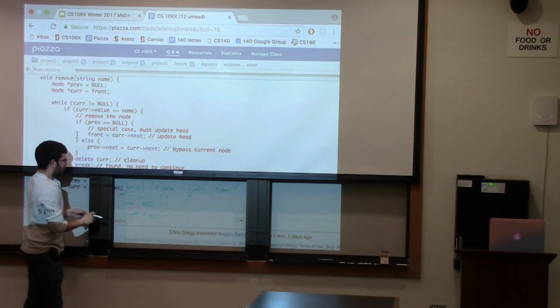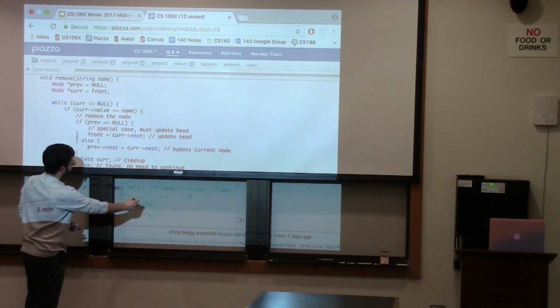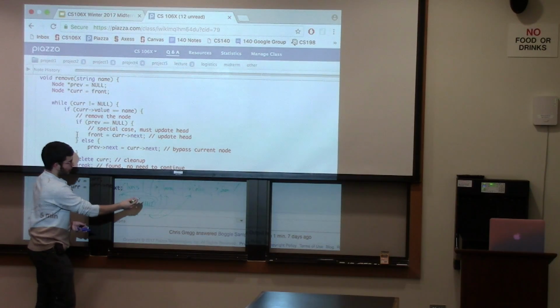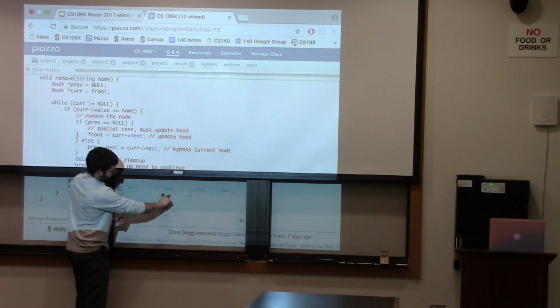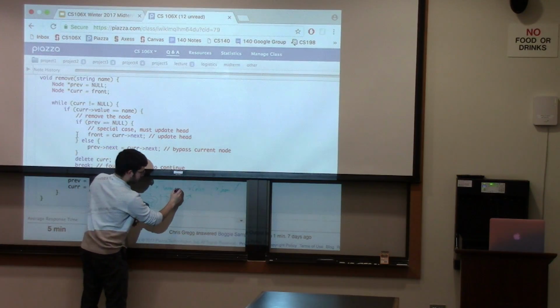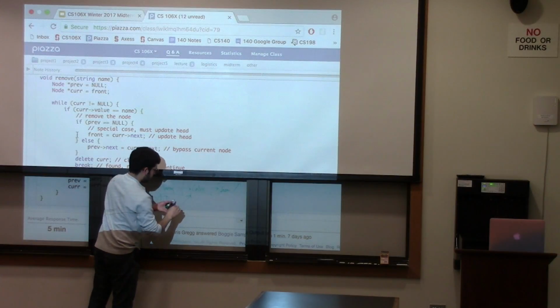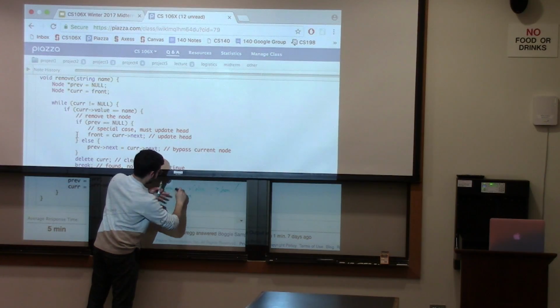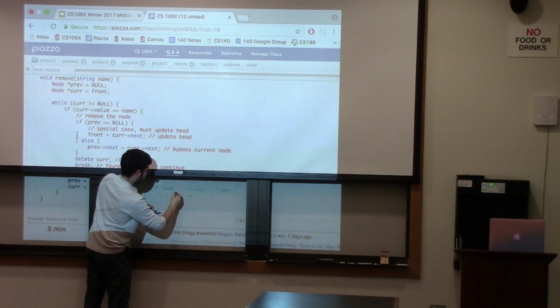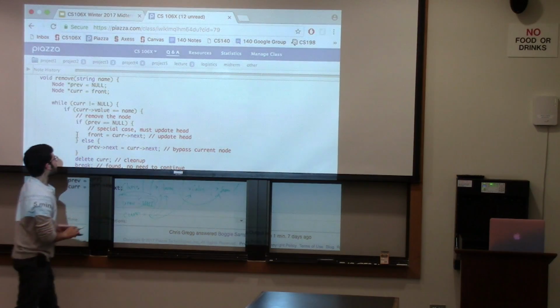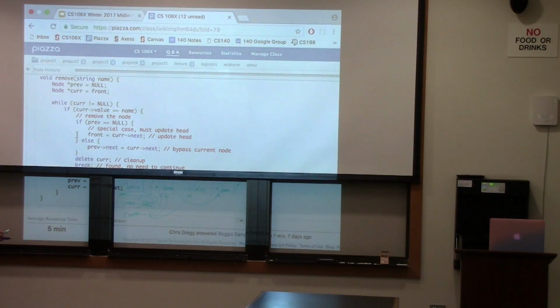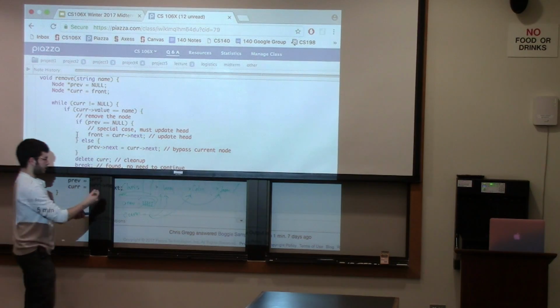Great. Okay. So when cur is pointing to whatever we want to remove, we set prev, which is Aaron's next pointer, to go, oh, that's not great. Now goes to Jason. And then we delete